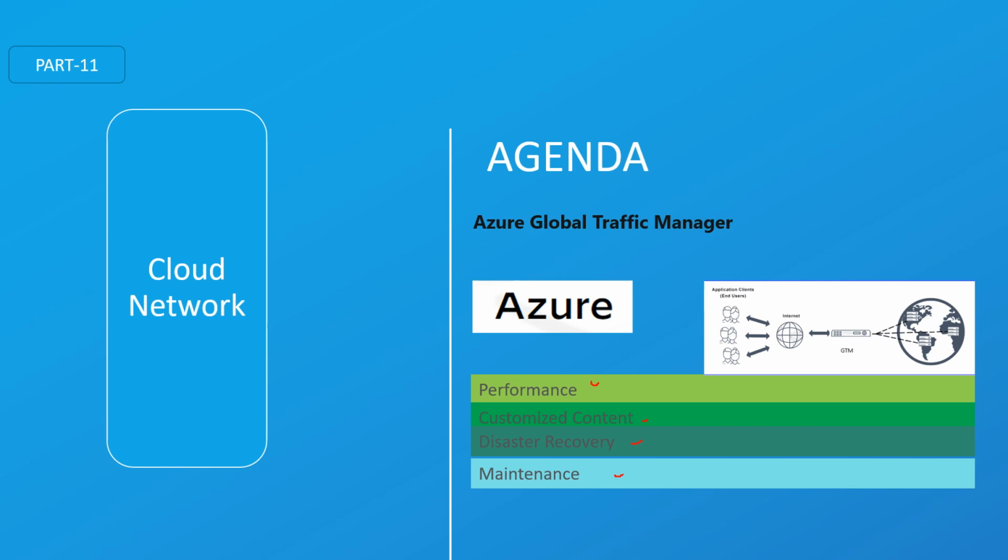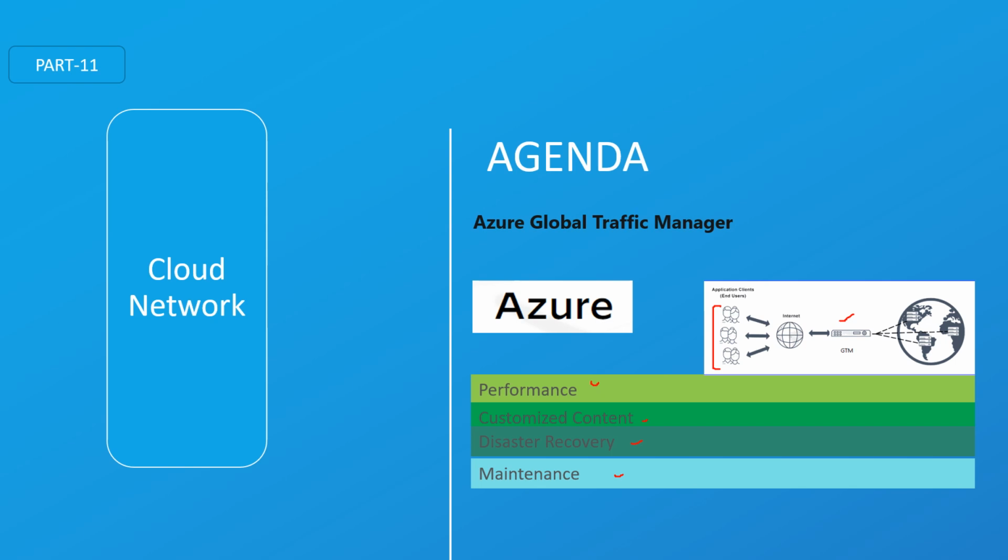You might have multiple resources hosted in multiple data centers or maybe multiple geographic locations. It can be on cloud, it can be on-prem, and your users are coming from the internet all over the place. And then you have an intercepting device, which we call a global traffic manager, which is going to return the DNS value that can be based on the performance. So when I refer to the performance, it is going to be the latency between your end user and your